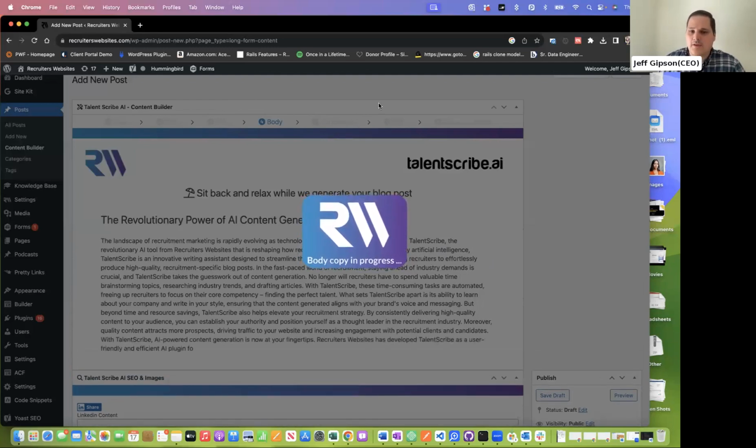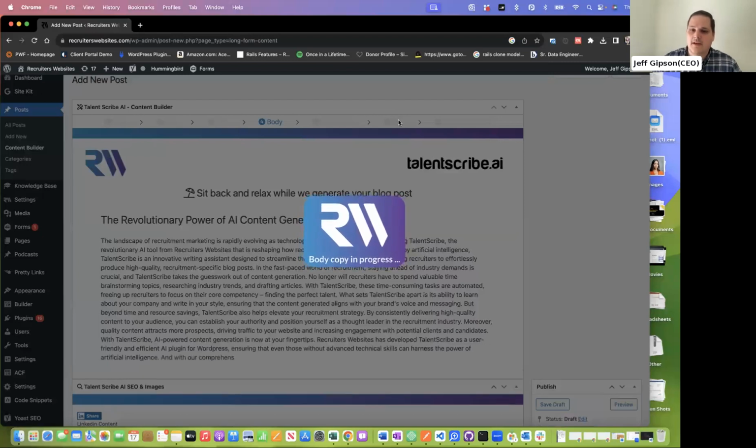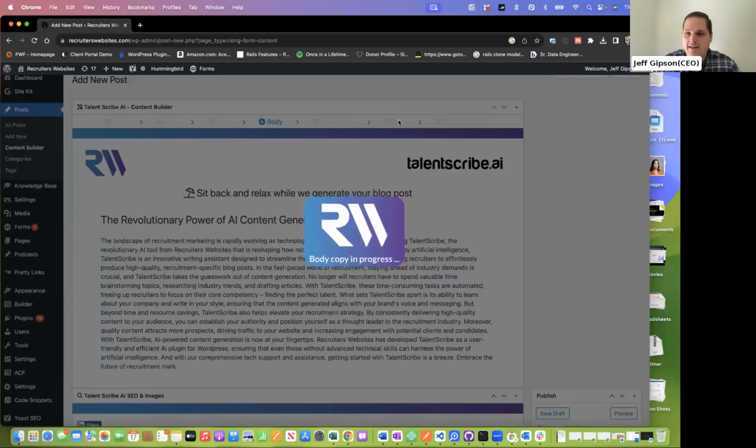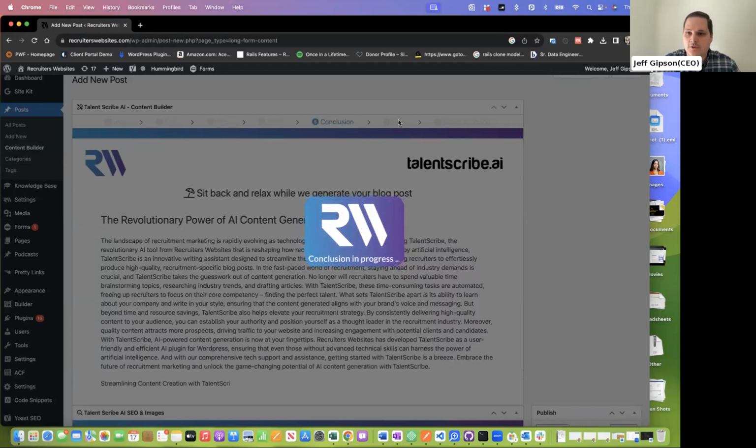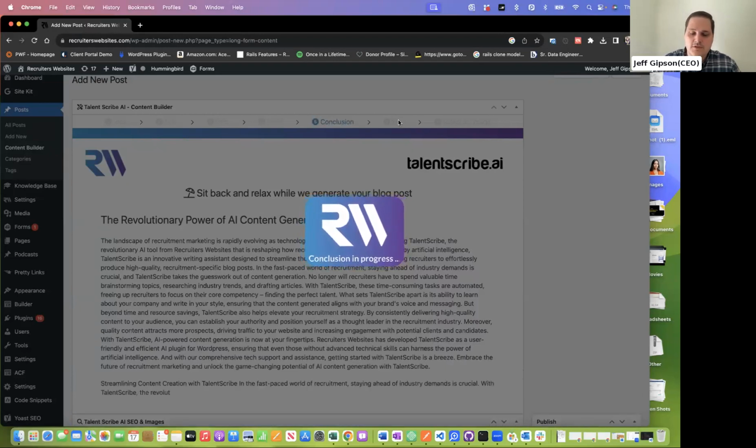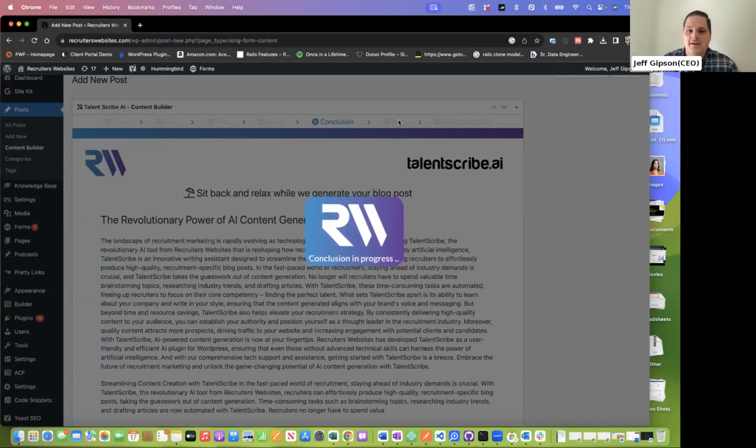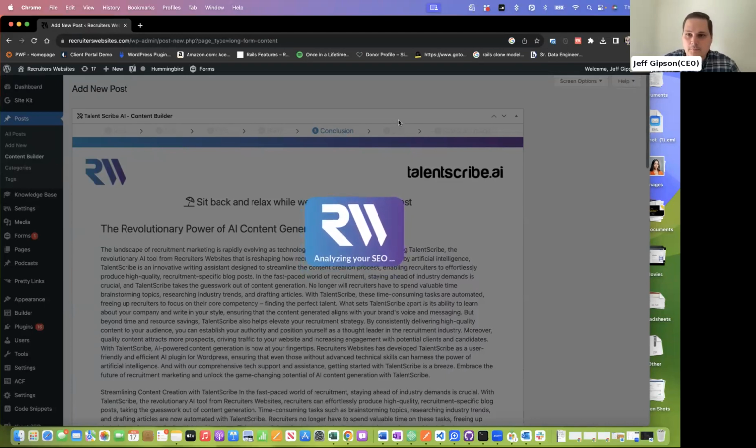After that step, we go into analyzing the content and adding the metadata for search engine optimization. So we'll add a description and a title and those kind of things to the post. And then the page will reload, and then you'll be able to select an image. The images that we use are free to use.